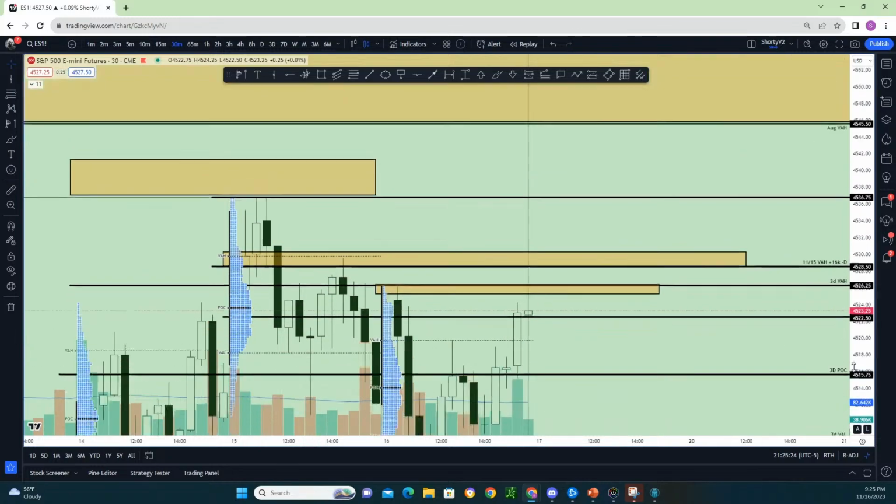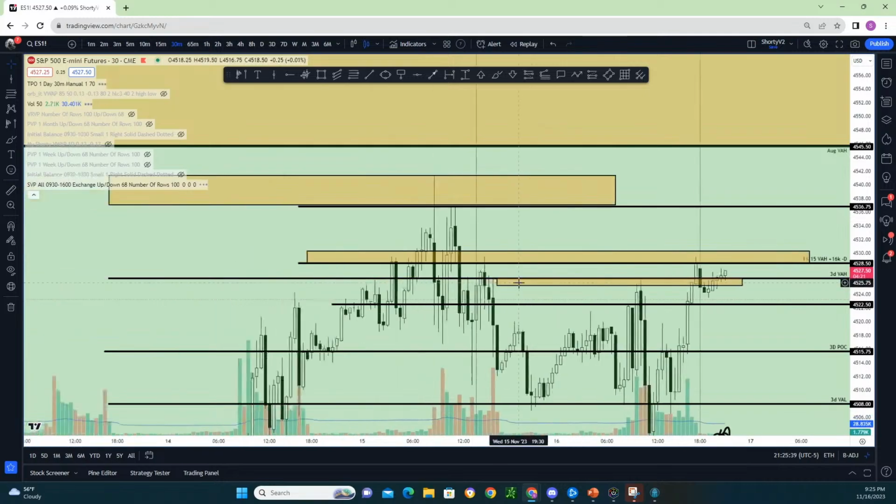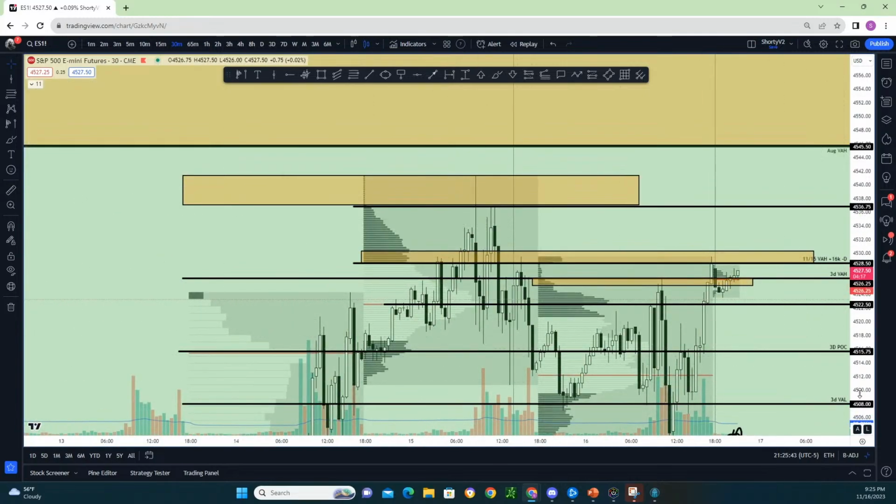But I don't see a single print there. It's not single prints, I was drawing a range of multiple levels. Okay, sorry, never mind. So look, now when I turn on the volume profile,